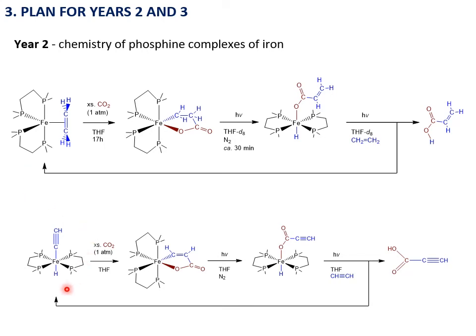Similarly, for the iron hydridoacetylide DIMP system, the reaction with CO2 to give the metallolactone has already been studied. I will investigate the remaining steps of this potential catalytic cycle. First, the cleaving of the metallolactone to potentially give this propiolate hydride complex, followed by the elimination of propiolic acid fragment and regeneration of this acetaldehyde catalyst.